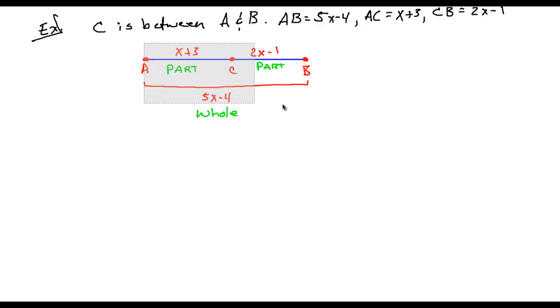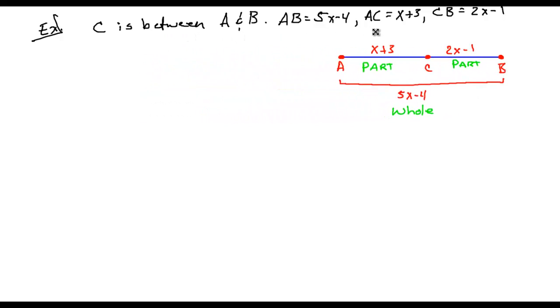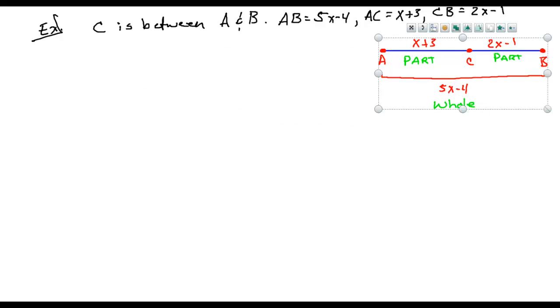I'm actually going to move this just over here. No big deal if you can't do that, sorry. But I'm going to move it over there. Why can I say that this part plus this part equals this whole part? Just because that's just how it is and I like it? Or is there a reason? And you'll find that in math there is a reason for everything. So the reason that I can do this part whole, the reason that I can say that AC plus CB equals AB,